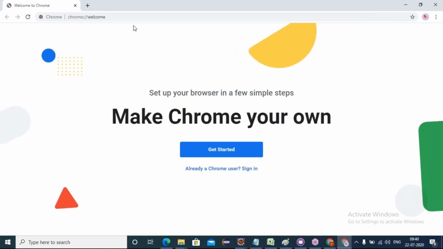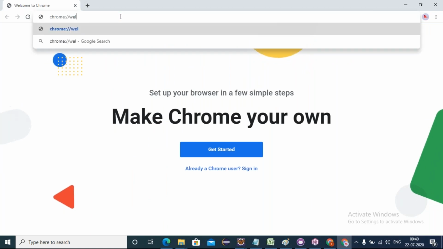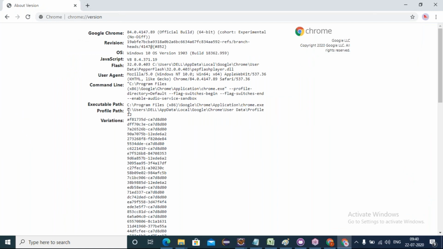If I give the same command, chrome://version, in the July profile, we find this is profile 12. The profile I created, July profile, is given a new profile name by the system called profile 12. I have created so many profiles starting with profile 1, 2, 3, 4, and now the new profile is profile 12. Got it? This is the profile that is going to be used in loading your user-defined Chrome profile.